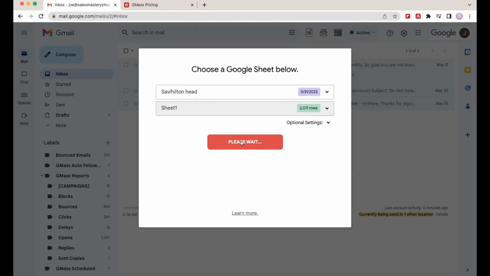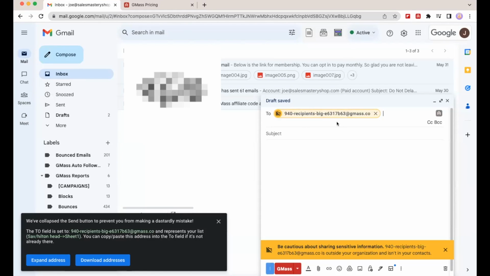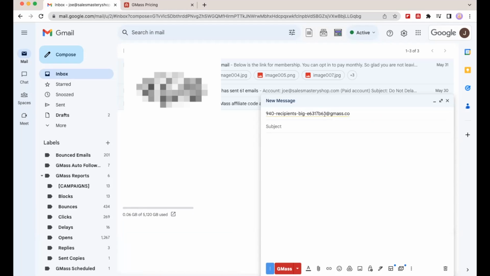When you click in, GMass goes out and grabs that spreadsheet and then drops all of the recipients into the GMass email that you're about ready to send out, giving you some warnings. Be careful, don't do this. You're going to click right through it, create your subject line here, and then you're going to create a body